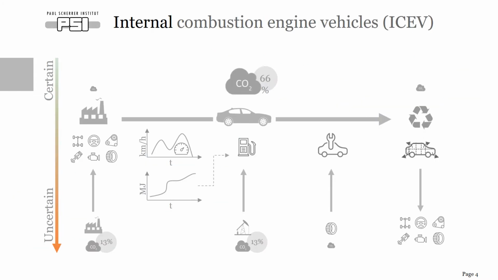If we look at the life cycle of a typical car equipped with an internal combustion engine, it would probably look like what is being shown to you on this slide. We have the manufacture of components and their assembly. Then we would, following a given driving cycle, calculate the energy and therefore the fuel consumption of the vehicle. We would include some maintenance and component replacement steps, and then we would account for its disposal.